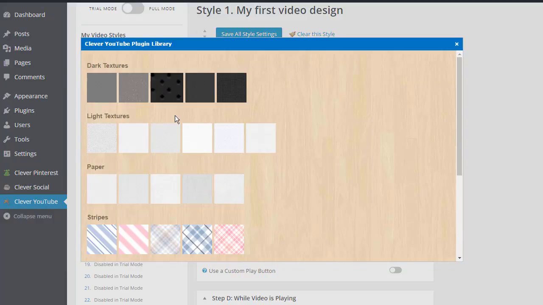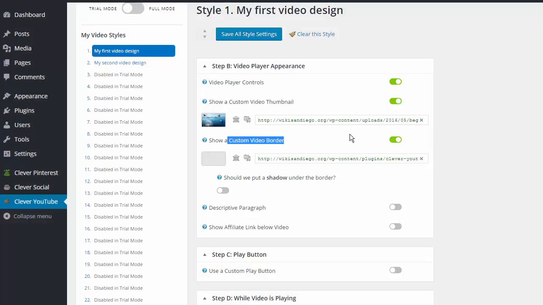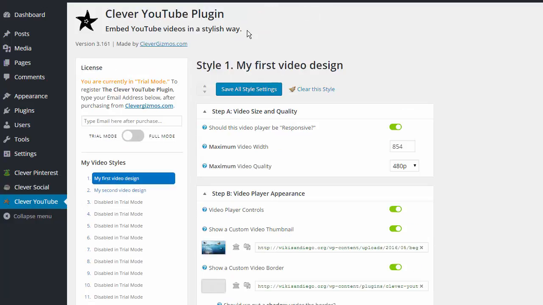I'm going to go ahead and select maybe this paper texture here, and you'll notice that the same thing has happened. Again, all the Clever YouTube plugin needs to reference these images is just the complete URL of the image, and you'll notice that we've now selected our paper texture to use as our video border. So at this point, I'm just going to select the Save button,